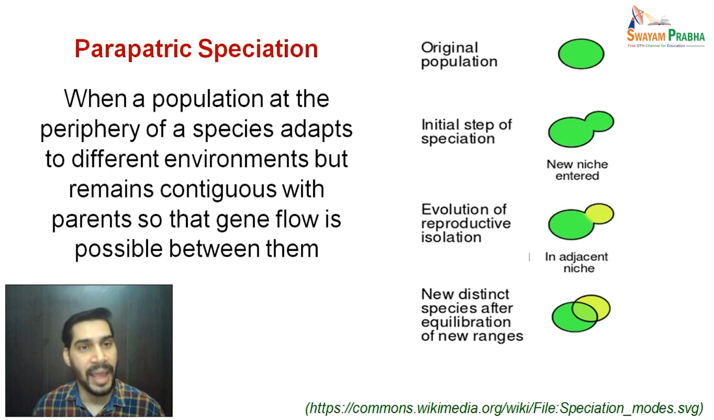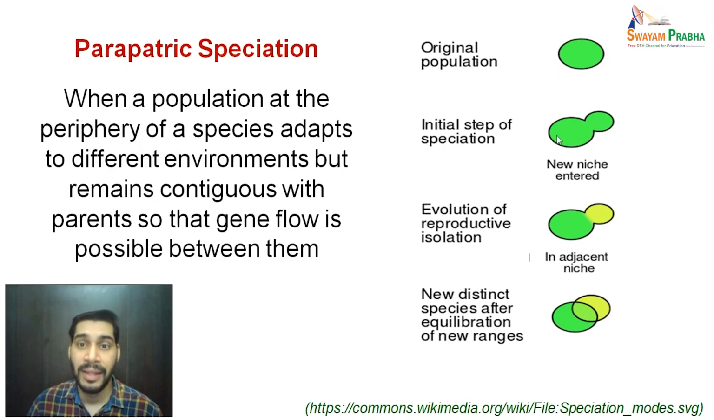Moving ahead, there is another category which is called parapatric speciation. In parapatric speciation, a population at the periphery of a species adapts to different environments but remains contiguous with the parents, so that gene flow is possible between them. In contrast to peripatric, which we saw in the previous slide,